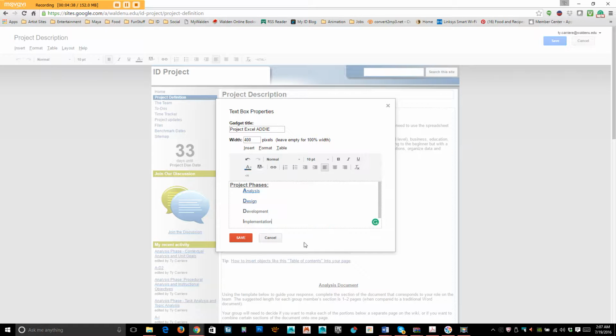See, there's the link there. I can just click back. Now we see it's highlighted. Leave everything else the same, and all this is just a text box that I inserted and basically laid out